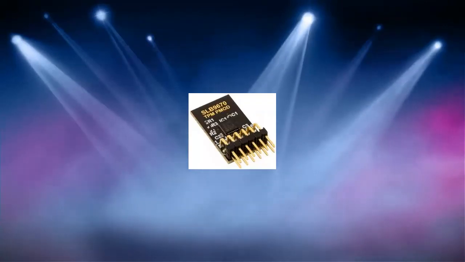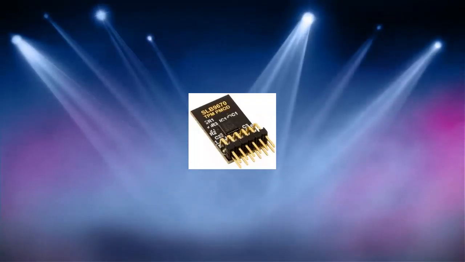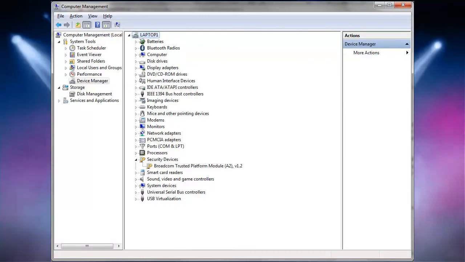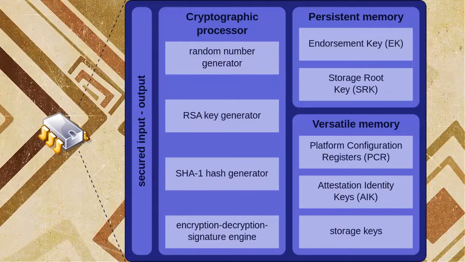You need to know the details of the chip. The chip named TPM means trusted platform module.